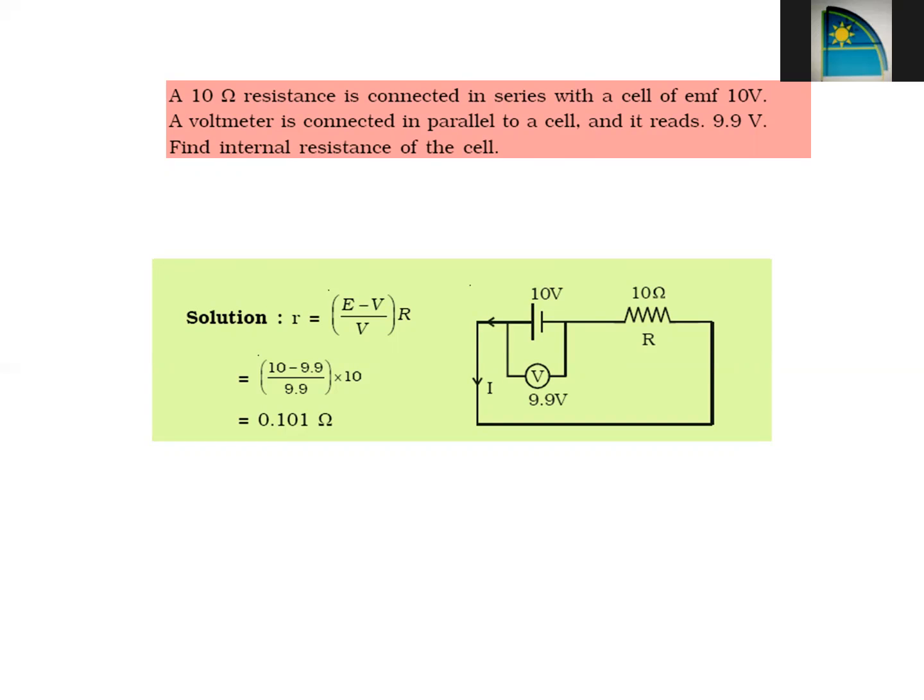Whenever there is EMF in the cell, that is the maximum amount of voltage which a cell can produce. So the trick is that if they give you a very complicated question, you don't have to remember the formula for each and everything. You just calculate net EMF separately, net voltage separately, equivalent resistance capital R separately. And when you fill the values in the formula, you can easily calculate the value of small r, that is the internal resistance of any given battery.